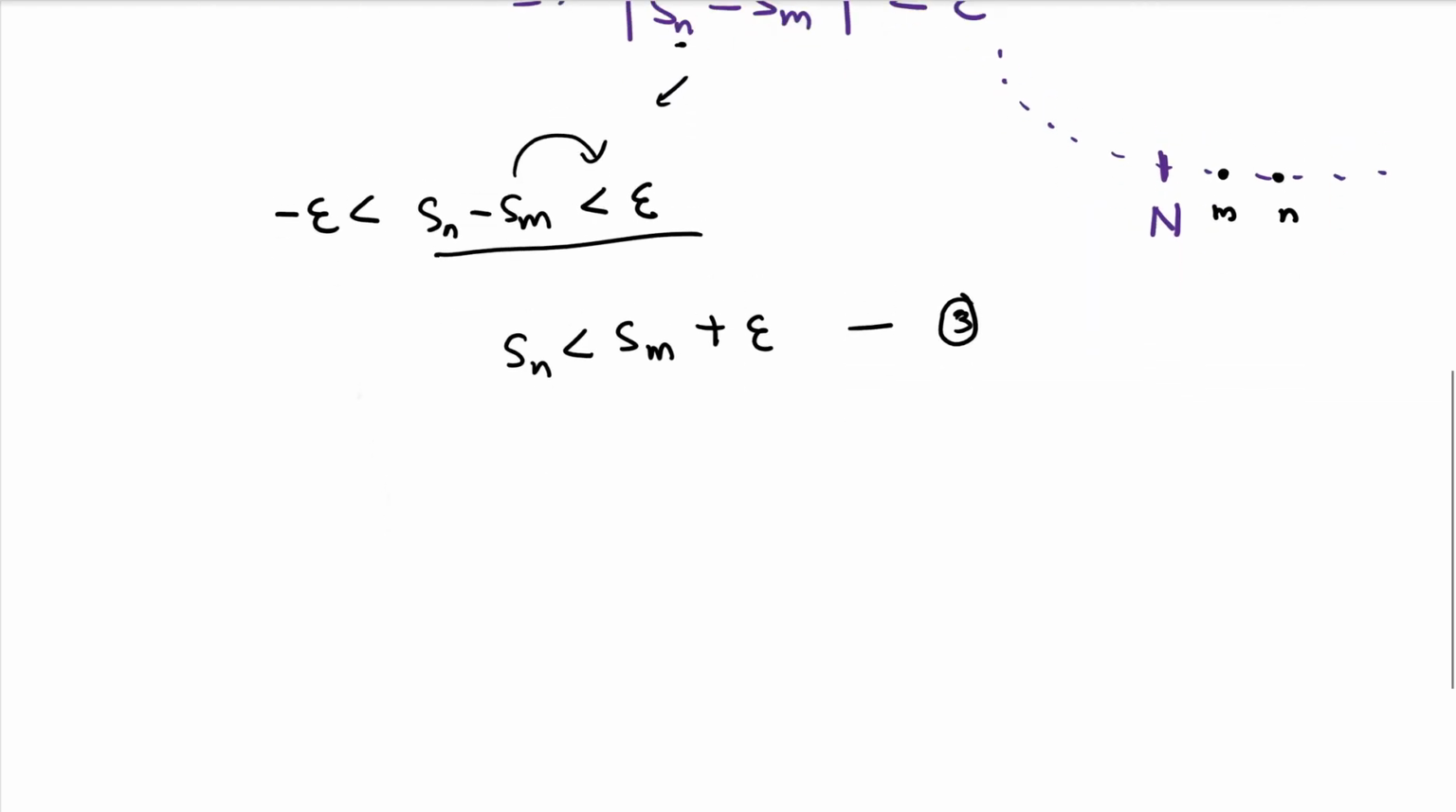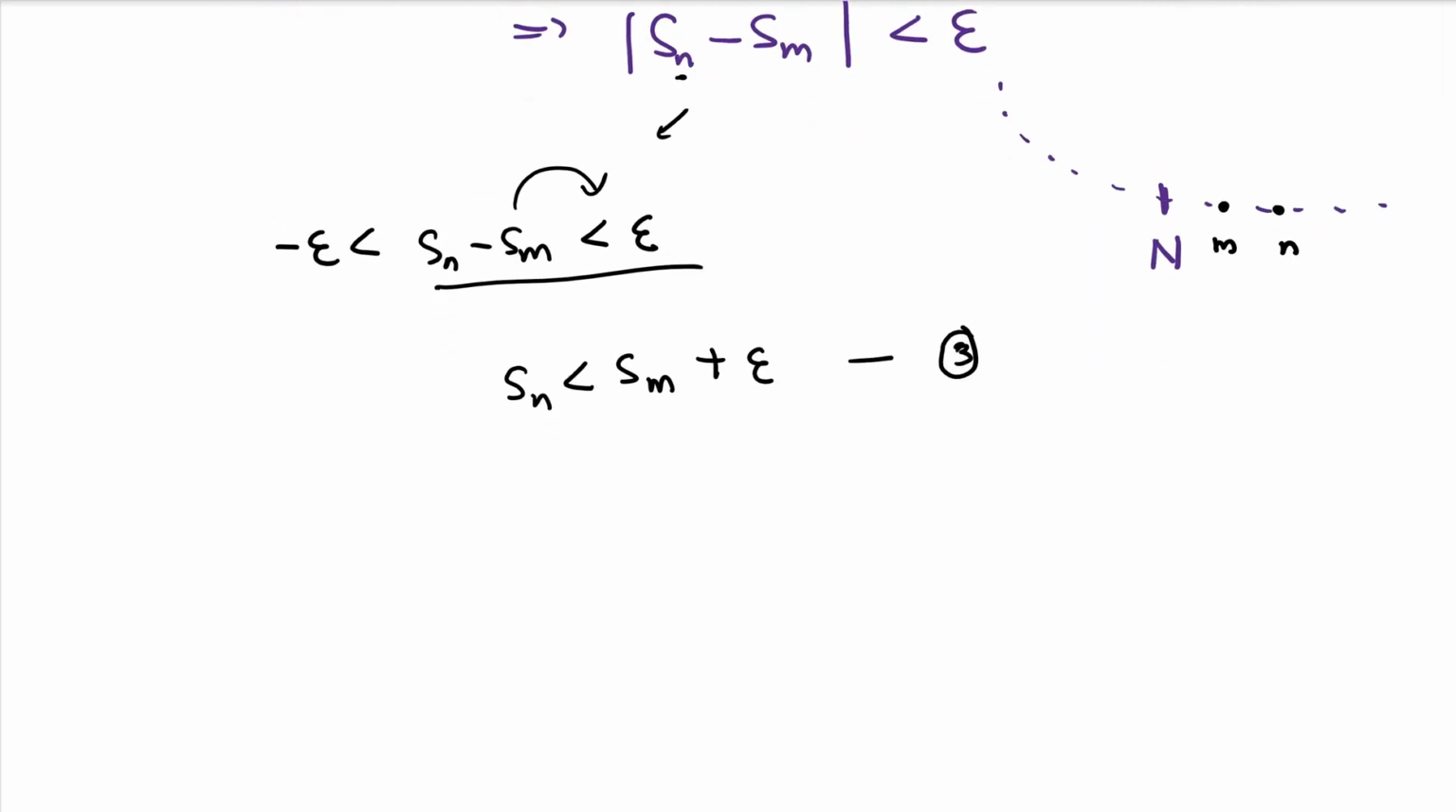Now what does this mean? How can we read this mathematically? If you think carefully, this means s_m plus epsilon is an upper bound for s_n. Do you agree? Yes, right? Okay, so what does this mean? Well, now we can say, since s_m plus epsilon is an upper bound for s_n, we can say the supremum